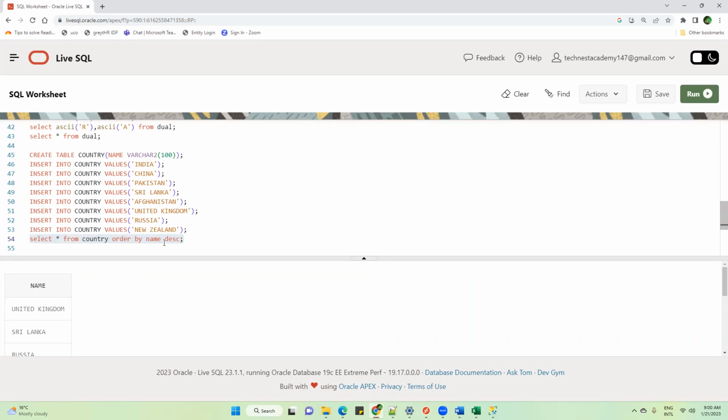So far, is this scenario clear? Just asking, is the scenario clear or not? Yes, the scenario is clear. My manager is asking me to keep India at the top and all other countries after India, maybe in ascending order. So I tried both ways. That is what I have learned, to use order by name either ascending or descending, but it is not working here. So what to do?